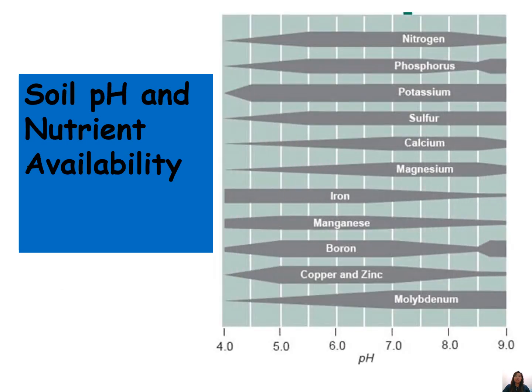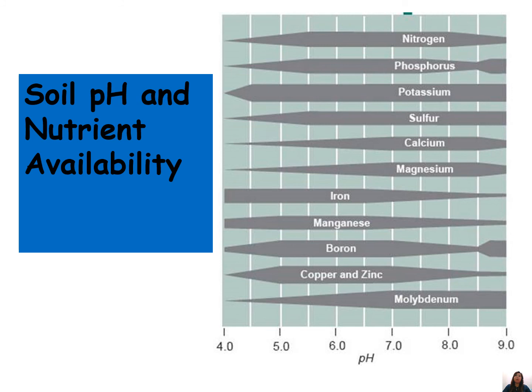This is the soil pH scale, including the availability of those essential elements for plant growth. The shaded area in gray indicates the availability of those nutrients to the plants at different pH levels. For example, nitrogen becomes limiting when the soil pH is